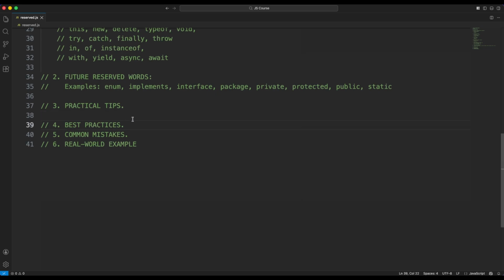Now the best practices. Here are some best practices when naming your variables and functions. One, use descriptive names instead of trying to use short generic words that might be reserved. Use names that describe what your variable holds. For example,